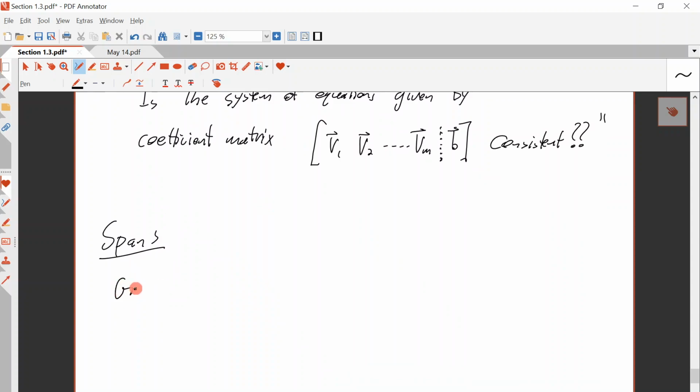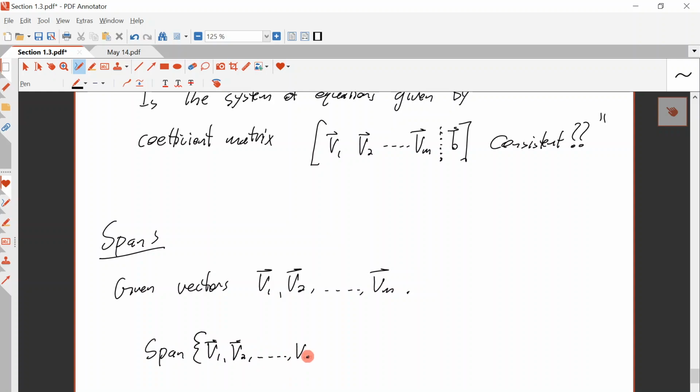Okay, given vectors v1, v2 up to vm, span v1, v2 up to vm